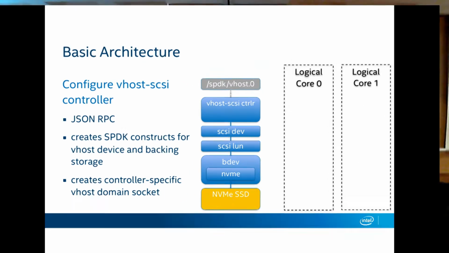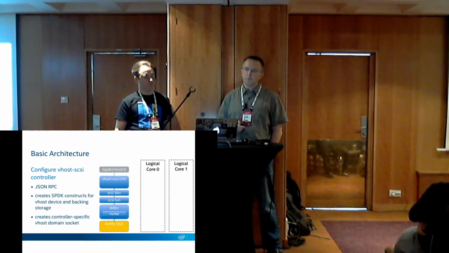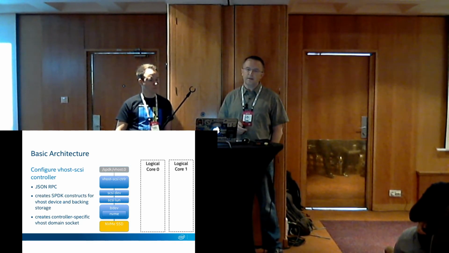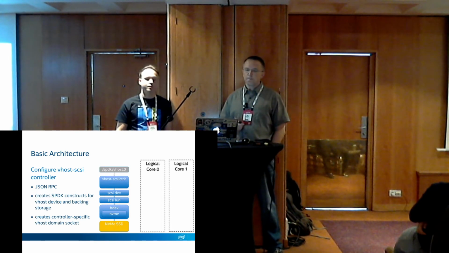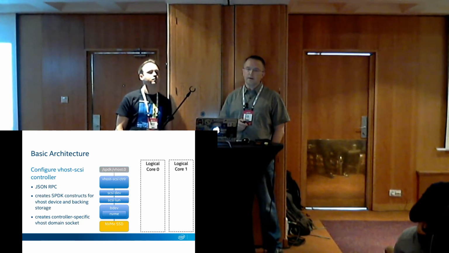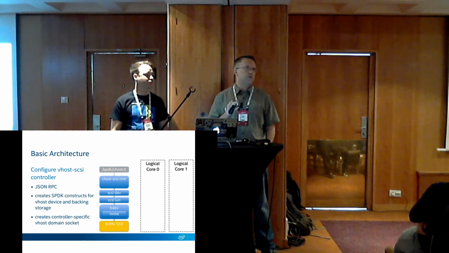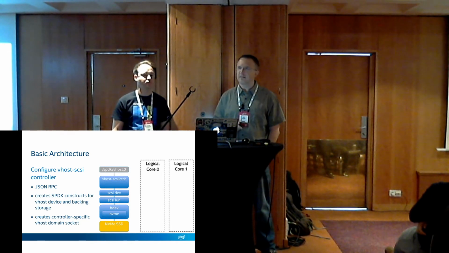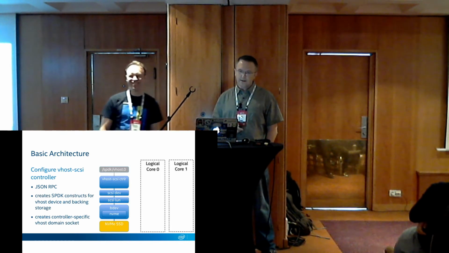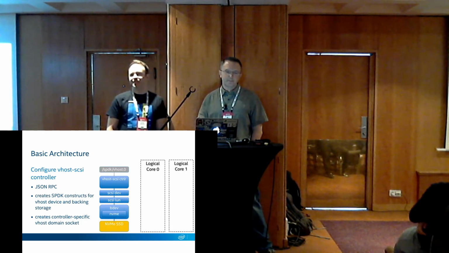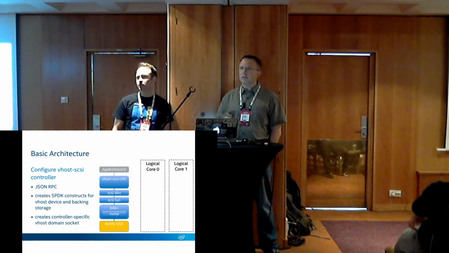Okay, so basic architecture. You see we've got an NVMe SSD there. When you start configuring this, we basically have a JSON RPC interface with SPDK for configuration. So when you're going to set up a vhost-scsi, first, whenever I say vhost-scsi here, this means vhost-user-scsi. We're not talking anything kernel here, just to make sure that's clear. I was a little bit lazy. I didn't want to type out the user part in all these boxes. So it's going to create all these SPDK constructs for the vhost device, in this case a vhost-scsi controller,